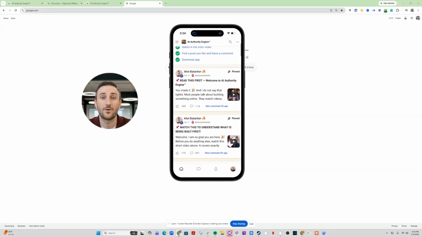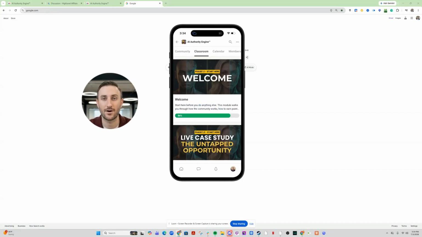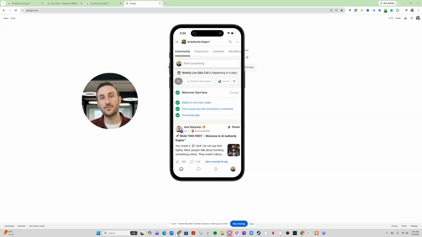The colors, the layout, and the navigation just feel a little more polished to me. Even little things like the sidebar and moving between different sections of the app feel slightly more intuitive. Again, we're talking about small differences here, not something that's going to completely change your experience, but enough that I've noticed myself enjoying the mobile app a little more on Skool.